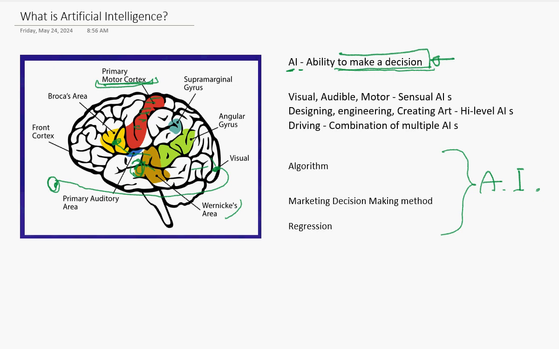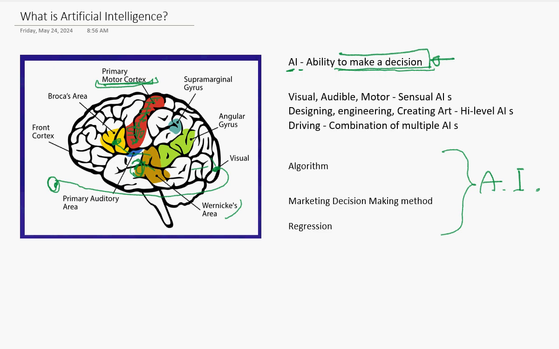And when you speak, these areas move the muscles on your face and make a sound, okay? So all of this is actually artificial intelligence, AI, but in the media, you're talking